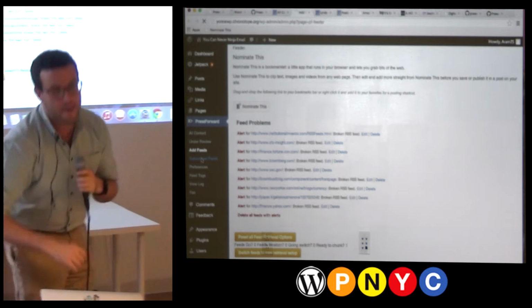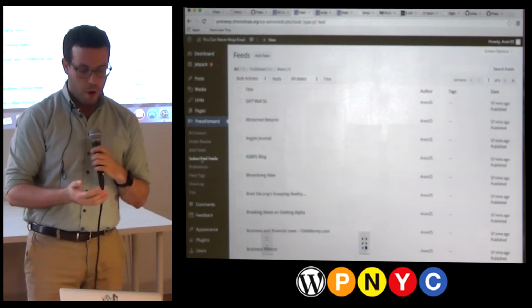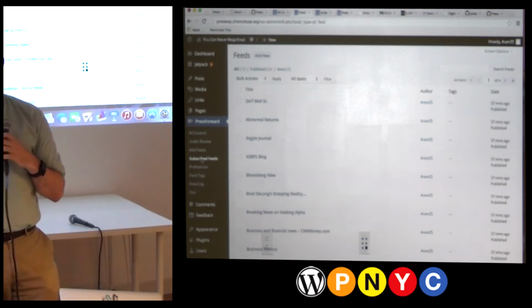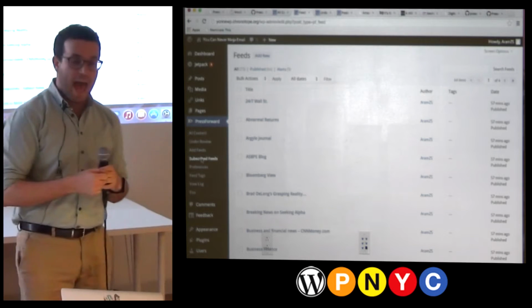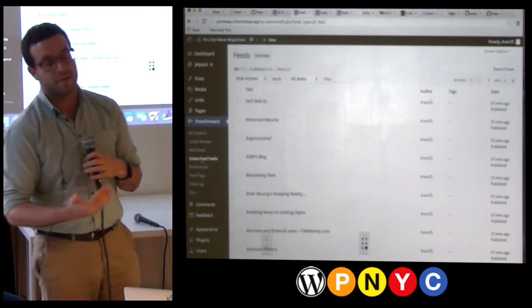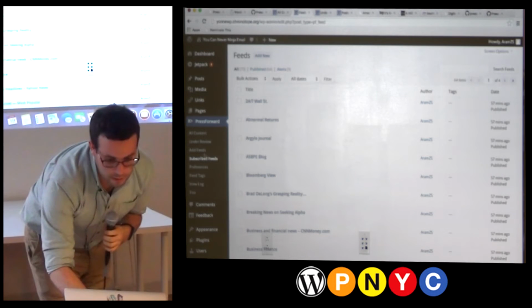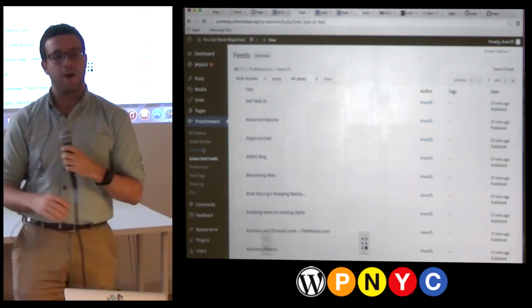Now, all of the feeds are managed from within WordPress. Each feed is handled as if it's its own post. You can edit them, remove them, add new ones. And the system also monitors the feed retrieval process and looks for errors. So if there's a problem with one of your feeds, it'll present it within your add feeds part of the